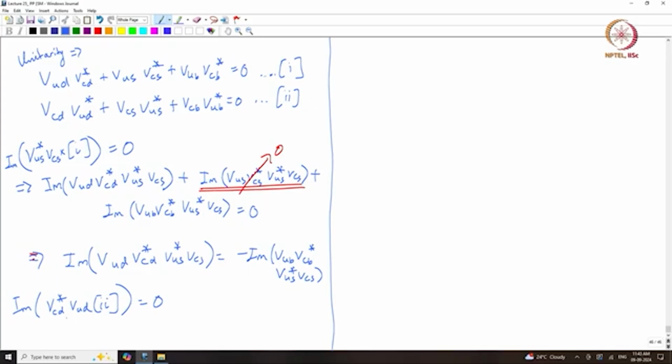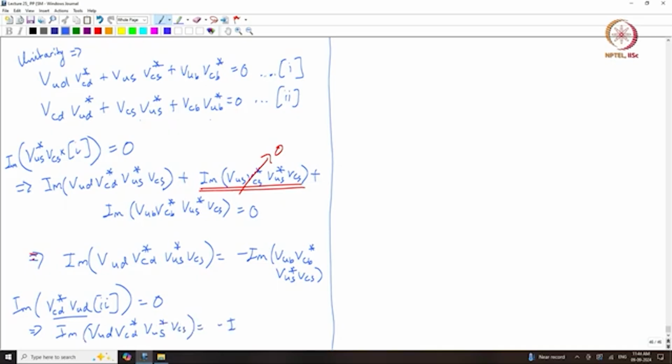Once again you will find that the VCD star hits the VCD, VUD star hits VUD, and the imaginary part of that combination of 4 elements is 0. So, now I will get equality between these two after I hit it with this combination. So, that should at the end of the day give me VUD, VCD star, VUS star, VCS,